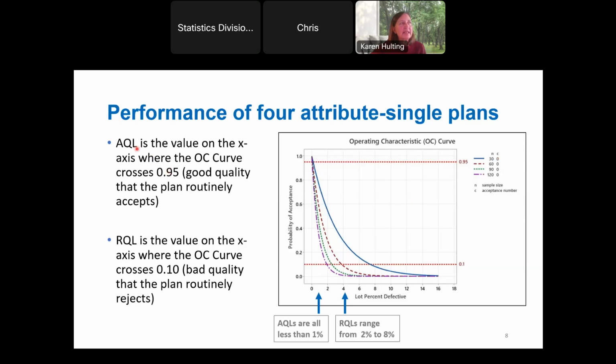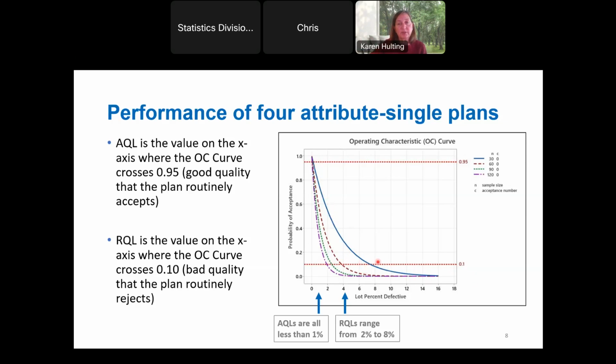So let's take a look now at, for these plans, what are the AQLs and what are the RQLs or LTPDs? And so these accept on zero plans, the OC curve drops really fast. And so that's why I don't use them in my illustration of the OC curve, because you really can't even see the point where that OC curve is kind of flat at the top, because it really just drops. Accept on zero plans are not very forgiving on any defects at all, not surprisingly. So the probability of acceptance drops very fast, even with the smallest sample size.